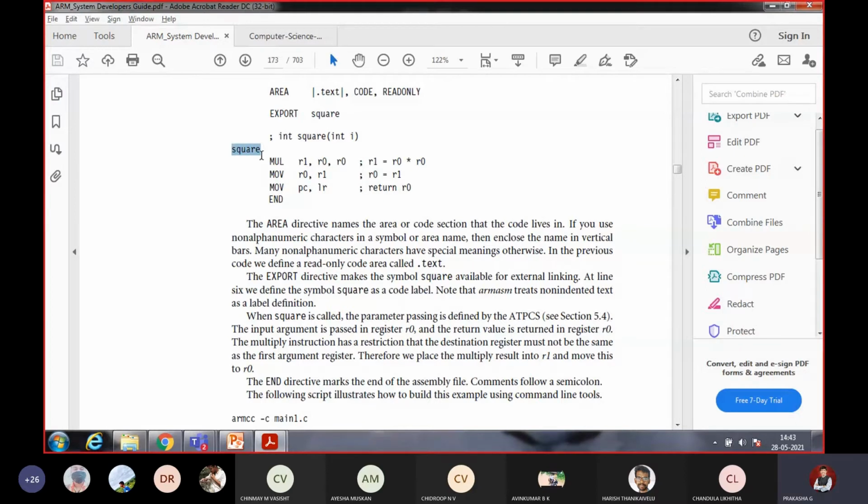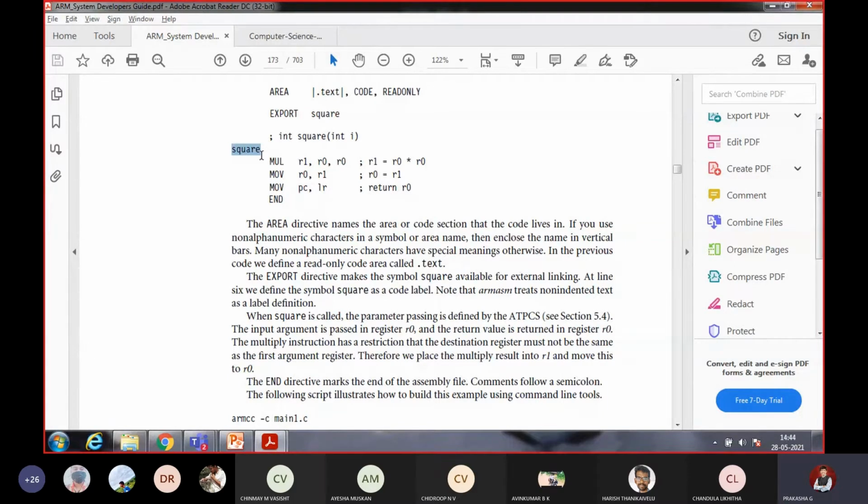Note the ARM instruction. When square is called, the parameter passing is defined by the ATPCS. That is different. The input argument is passed in register R0, and the return value is returned in register R0. The input value in R0 will be squared and given to R1, and finally the R1 value is given to R0.